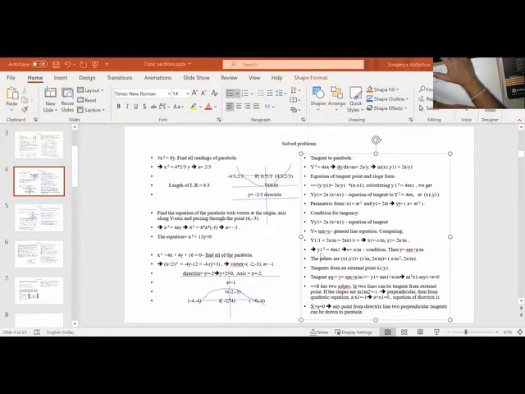So when we substitute in y1 square is equal to 4a x1, if y1 is 2a by m, what is y1 square? 4a square by m square. When I substitute here, what I am getting is c is equal to a by m. C is equal to a by m. See here, 2a by m is equal to 2a x1 by c. So c is equal to a by m.